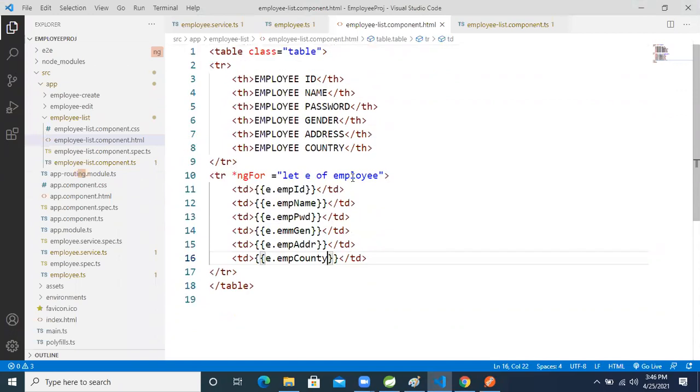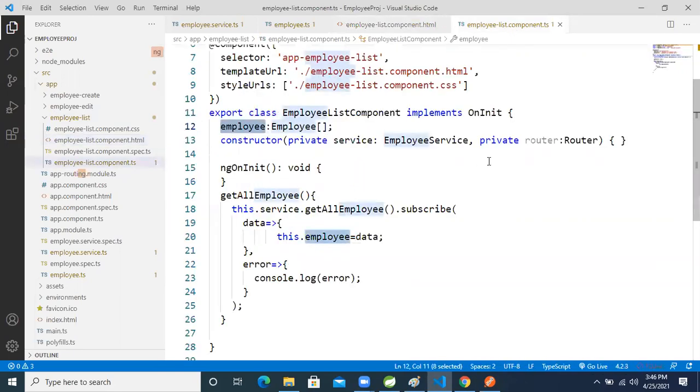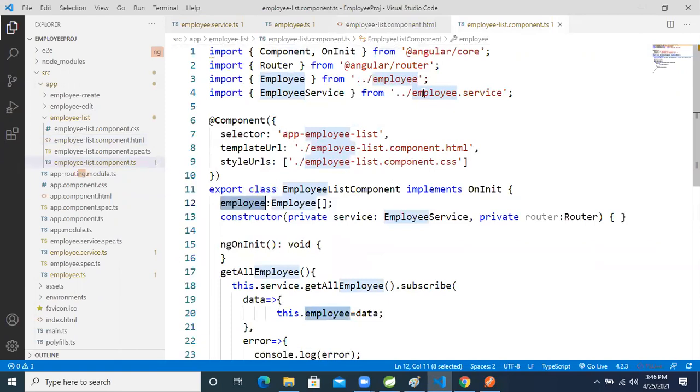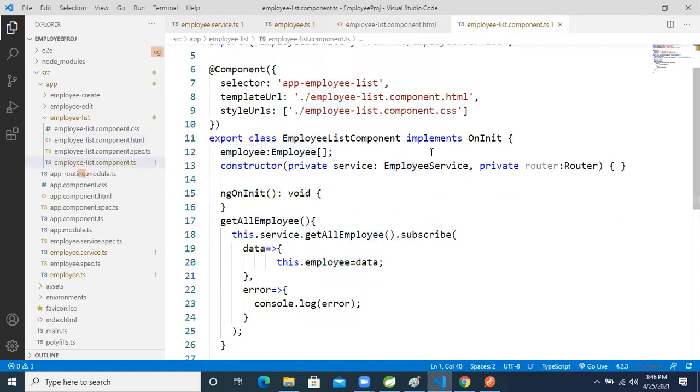Employee components, sir. Employee service, employee router, Angular core. Setter and getter, no need. In VS Code.